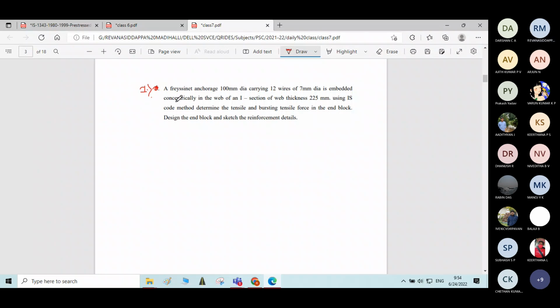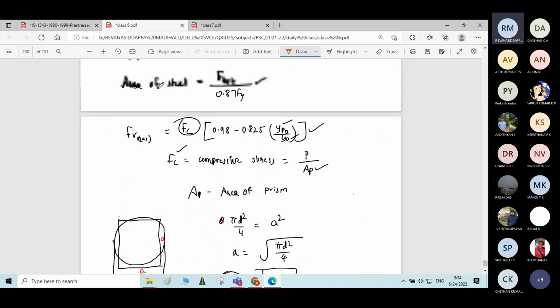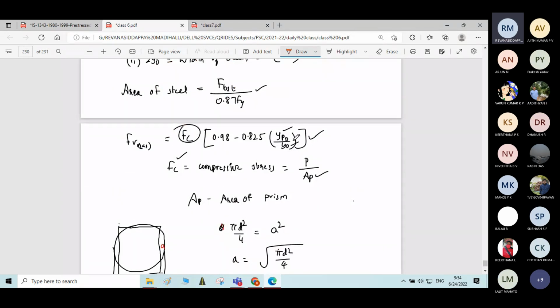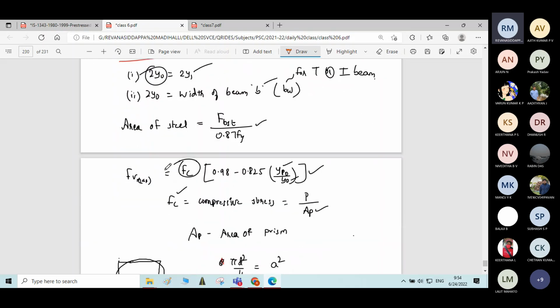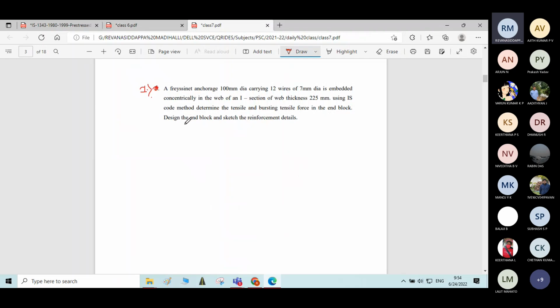So we already know the formula for finding this bursting tensile force and the tensile stress in the end block. Just before, I told you the formula used for finding bursting force, the F_bst formula, and by using this formula we find the bursting force and the bursting stress. It is also asked to design the end block and to sketch the reinforcement details. Now let me write the diagram for the